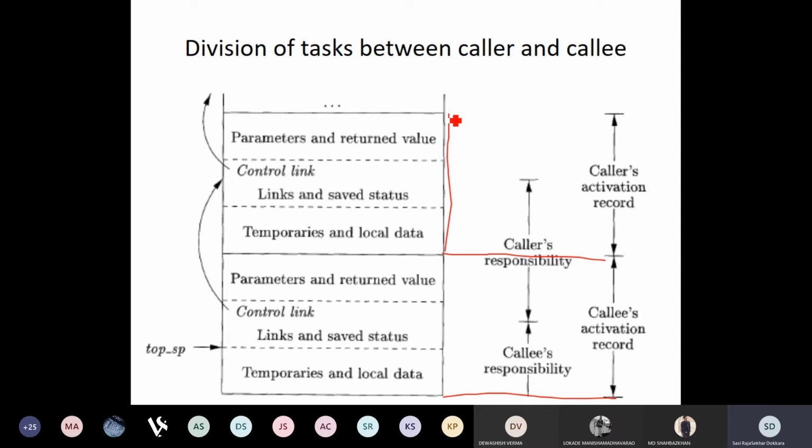These are the two activation records. Anything that is a fixed value is going to be kept here. This is the middle of the activation record, and this is the place where they are kept.